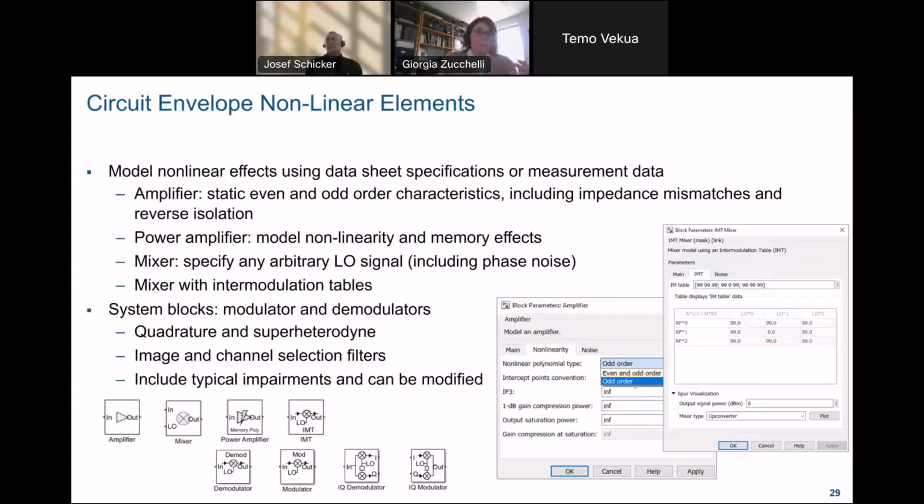Now, if your input signal is a sinusoid, it's relatively simple. If your input signal is modulated, then memory will have a large impact. So the output signal not only will depend on the instantaneous input, but also on the previous states of the input signal. So for this type of system, we do provide a generalized memory polynomial approach where you can describe both the effects of nonlinearity and memory effects. It's like combining nonlinearity with S parameters, if you like, a way to think about it.